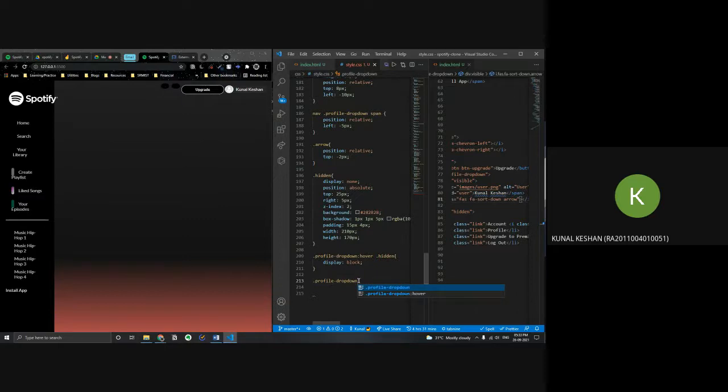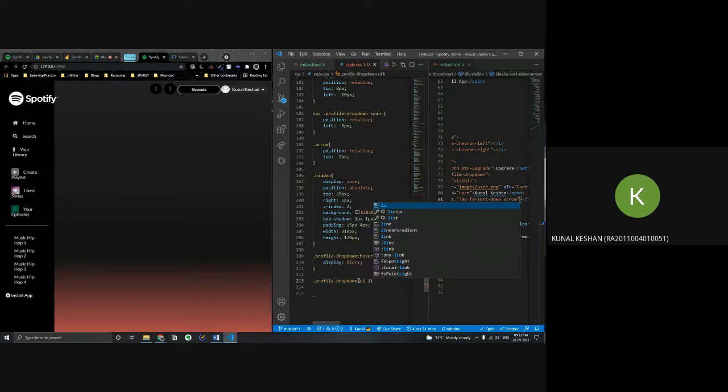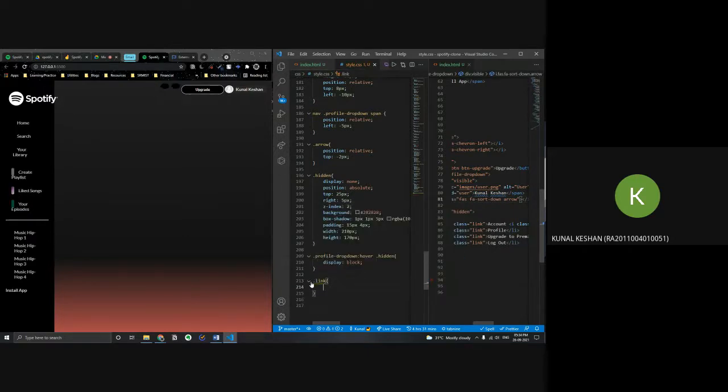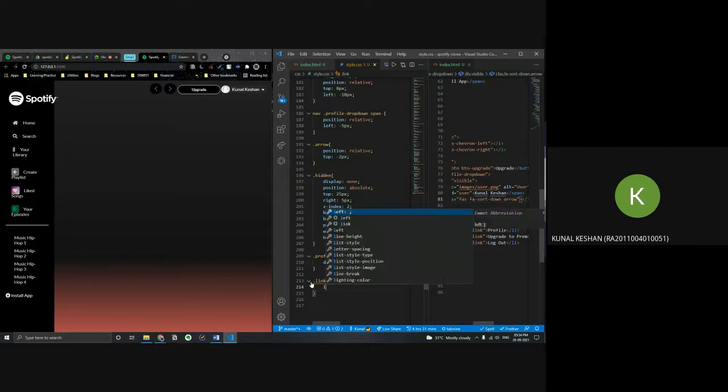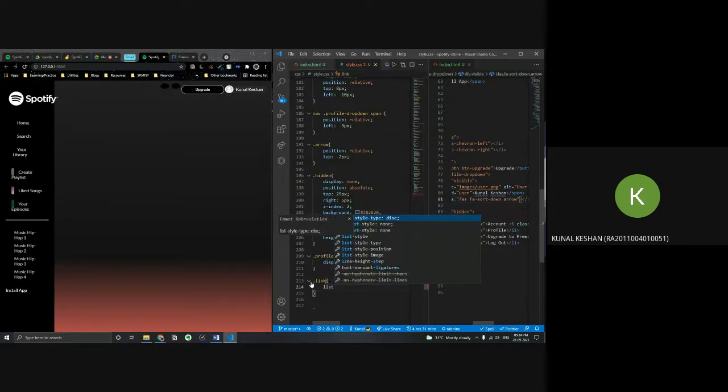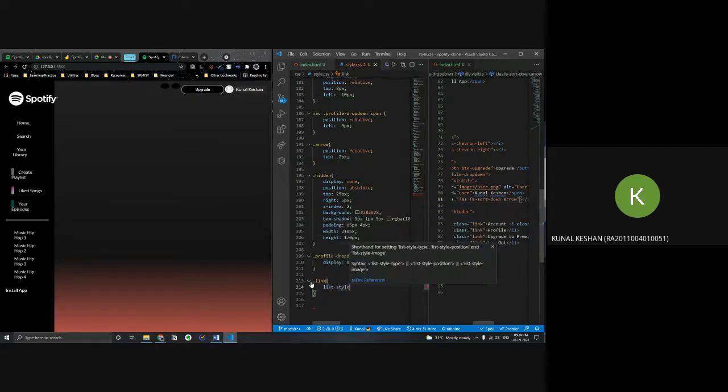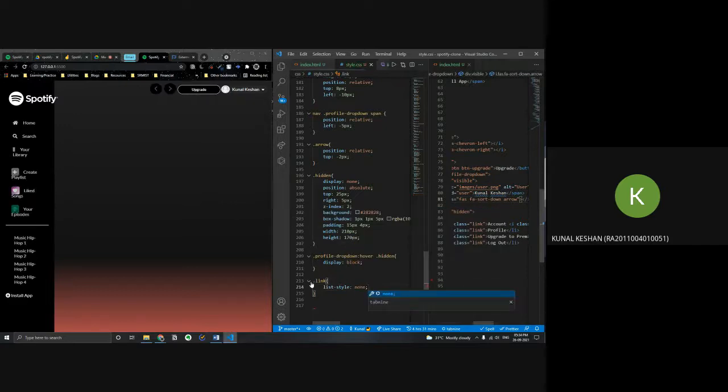Next, we want to style the UL, the list elements. So we just put, or maybe if you can't type this one, then just remember we gave a dot link class. So just a dot link, and then put list style as none.